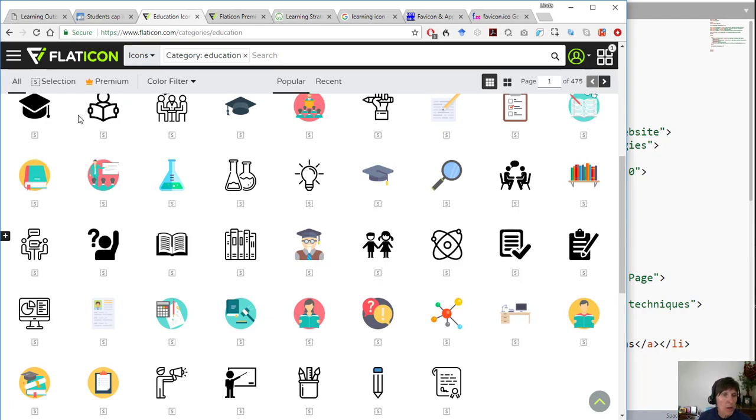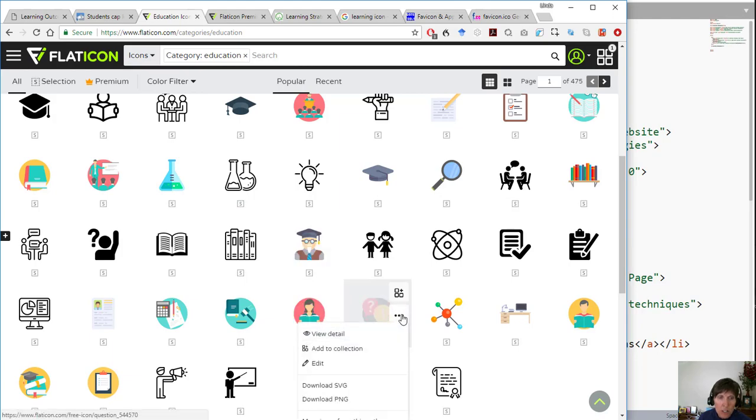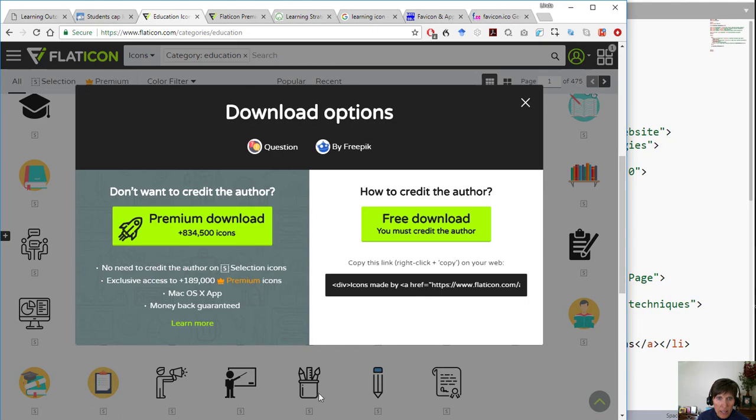So here, this was another one that I found, and I liked this one. So when I went to download this one, remember the first one was totally free without any restrictions. This one in the Google search said it was a free icon, but when I went down to download it, it said, okay, you can buy it, so you can get a premium, and this is a monthly subscription to be able to use it for free with no